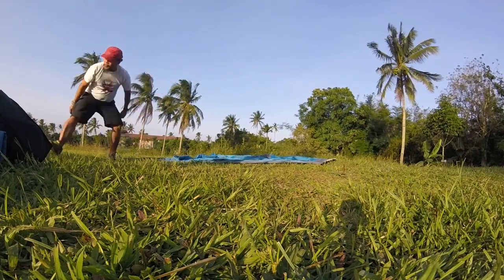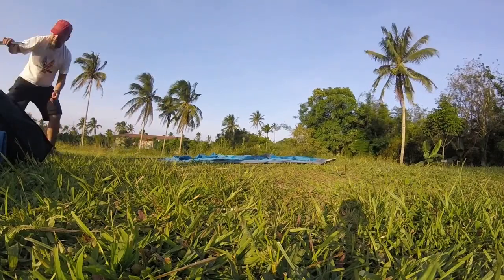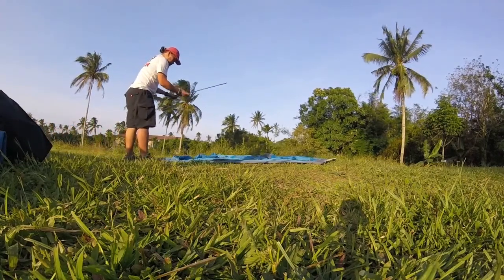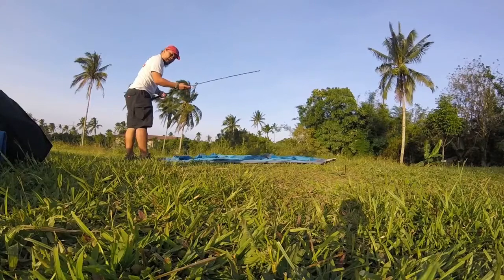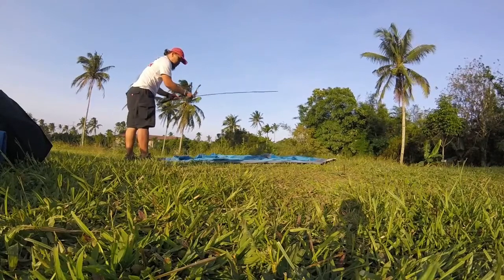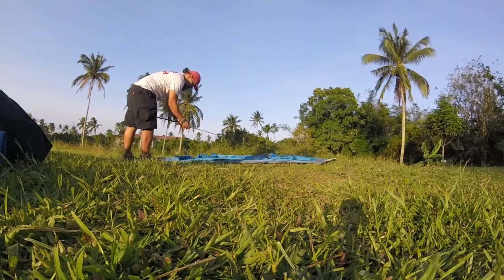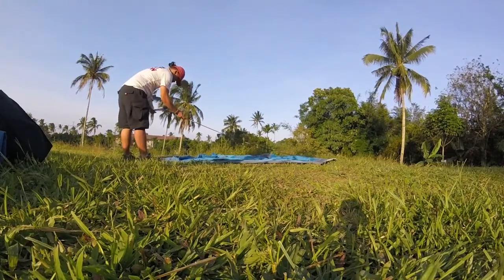Get one pole. Bale, X po yung hugis, yung formation na nangyayari niya. So one end